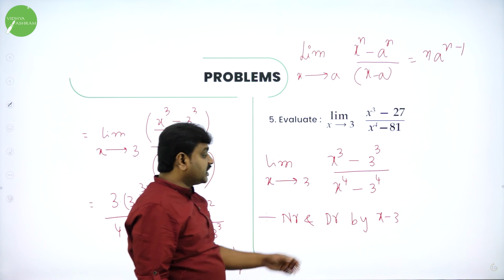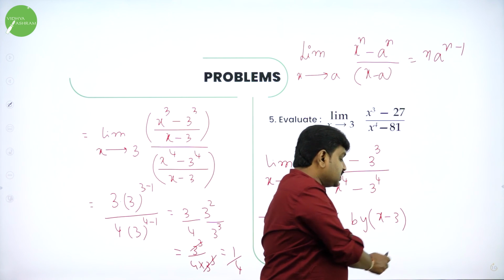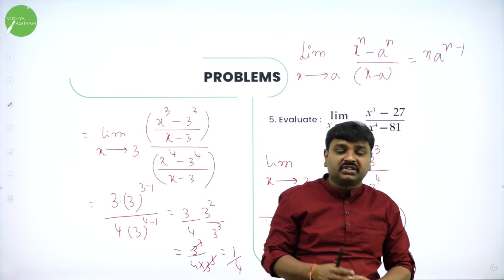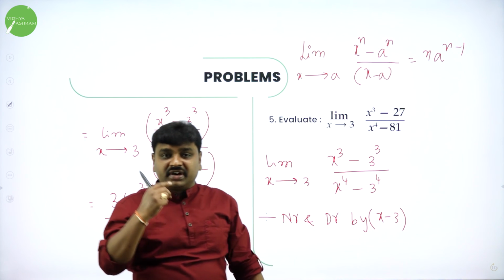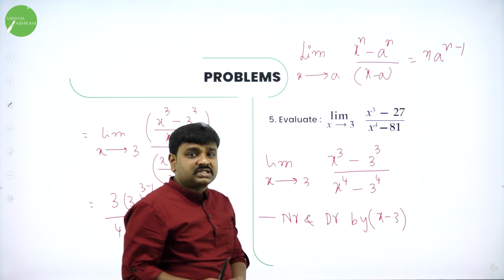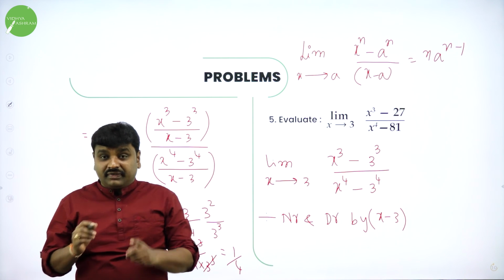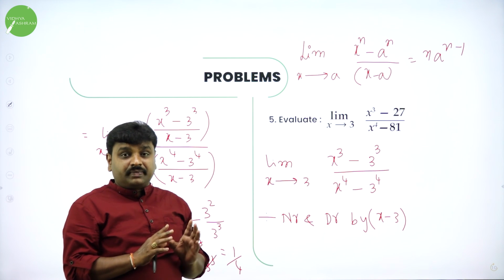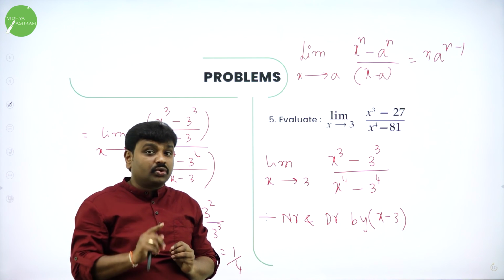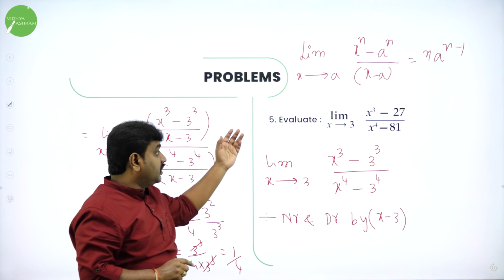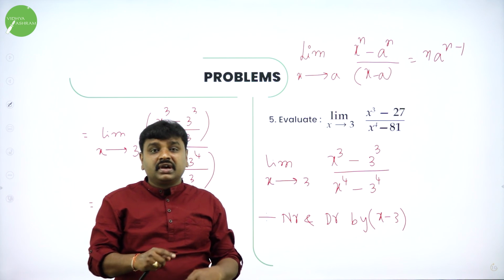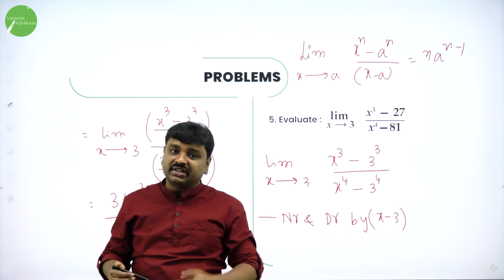But here, what is the critical step? Dividing by x minus 3. This we have done in the theorem. In the theorem also we have done the same thing: divide by the missing term. By this I have applied the theorem to some problems, and I have done theorem 1, the first theorem. Please revise the theorem and become thorough. It is important for 6 mark questions, and I have done 5 problems. Go through them and attend my next session. We will go ahead with the other theorem.